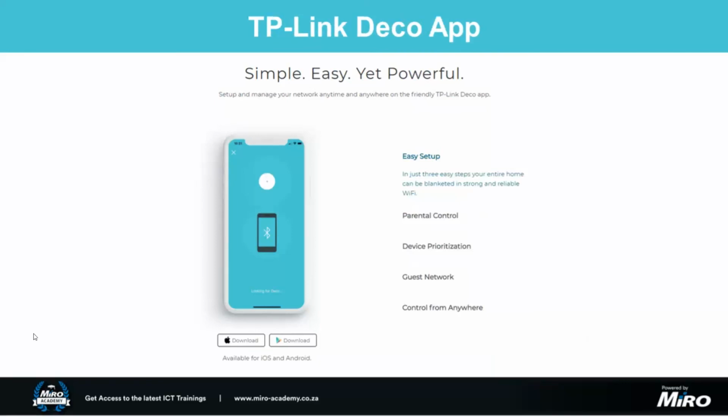And a huge value add to your clients is the Deco app. This allows for a very easy setup of the units, and gives you a few extra bells and whistles like parental controls, where you can set specific times and specific types of content that the little ones can view, and so forth. Device prioritization, with the current state of the globe with COVID-19, we see a